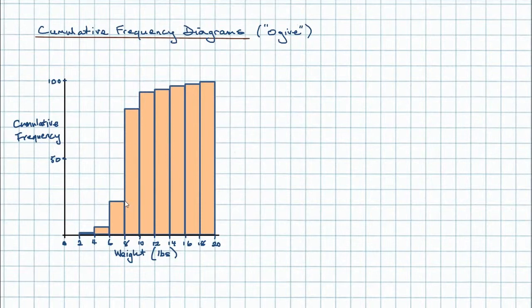So I want to draw a line always going from the right hand side of that bar all the way through to the right hand side of the other bar, so sort of corner to corner. Whereas with ordinary histograms you might have traced a line from the middle, averaging the category, we're not doing that here because the numbers are increasing, and so we're always going from corner to corner, until we finally get to this corner here, so that we get 100 cats right at the end here. So let's now draw that line through very carefully, through those corners